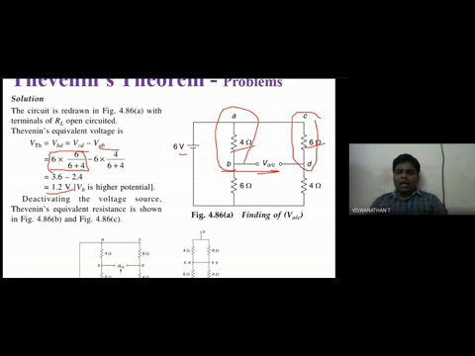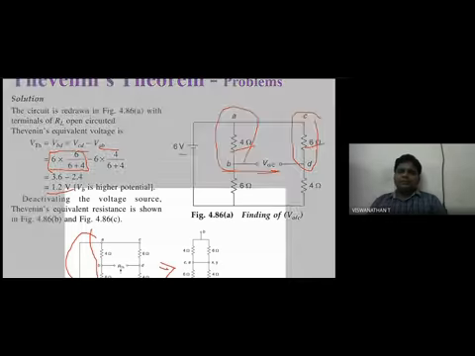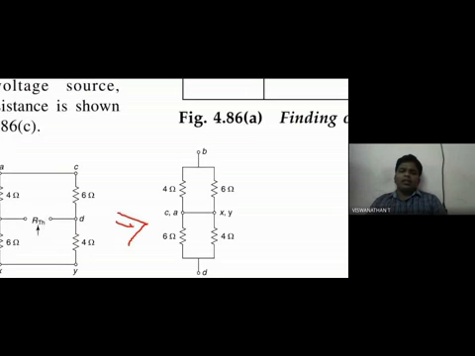Next step, I need to calculate the R Thevenin. So when we are shorted, then it always chooses this path. Then I redraw this circuit like this. So once I redraw this, I need to find this total resistance. So the total resistance means these two are connected in series. These two are connected in series. So 10 ohm, 10 ohm.